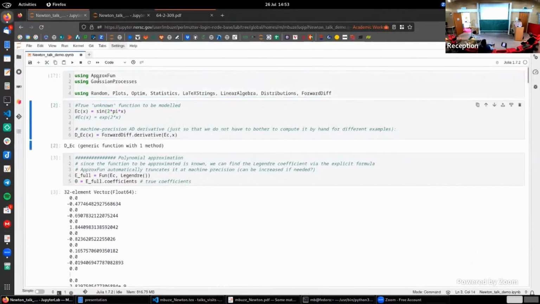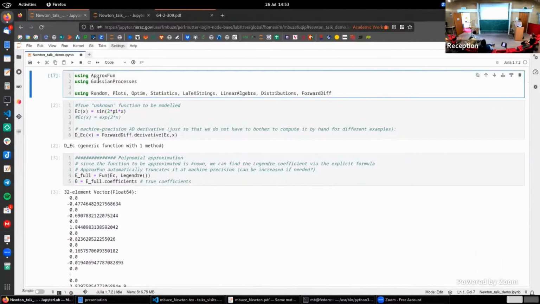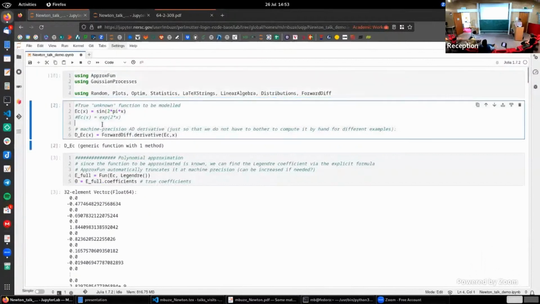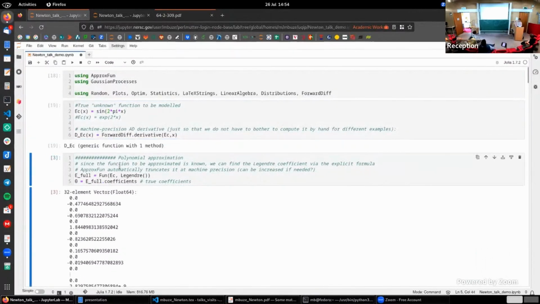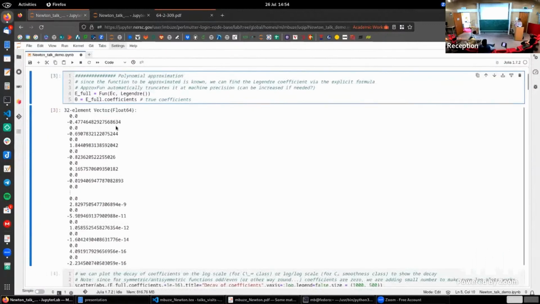It works so there's a library there called approximation of functions. It's great for any orthogonal polynomials and higher dimensional equivalents. Then there's Gaussian processes. And let's say that our 1D function, the unknown function, is just a sine function. We also supply derivatives. Then this approximation functions library with just a simple command computes the coefficients exactly because we